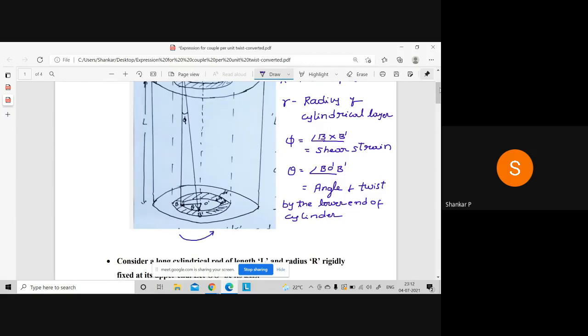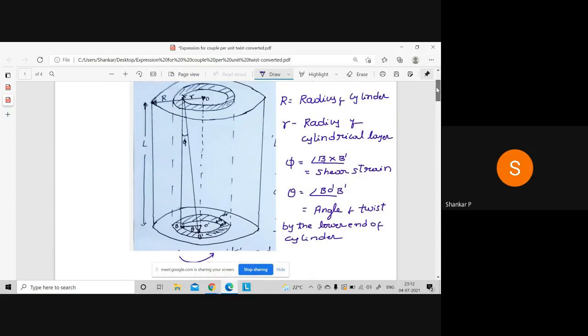twisted by a force of F, right? It is twisted by a force of F at the lower end, whose upper end is fixed. Because of the twisting, the lower part of the cylinder has been twisted by an angle phi, that is called as a shear strain. So phi is the shear strain obtained because of the shear stress applied,